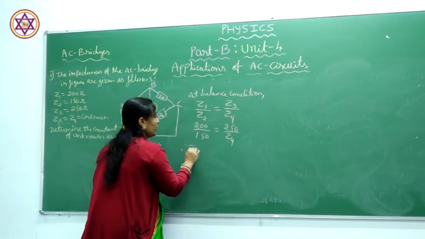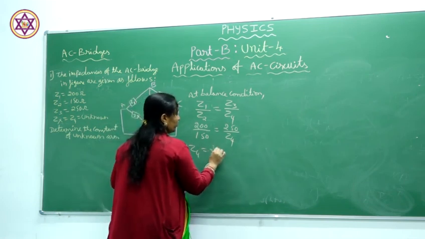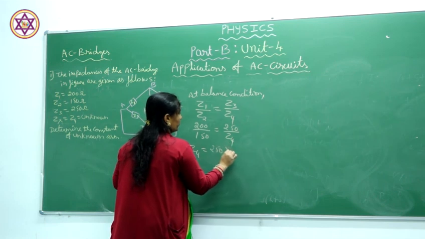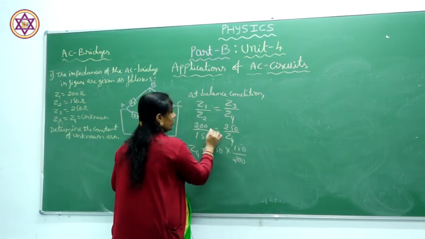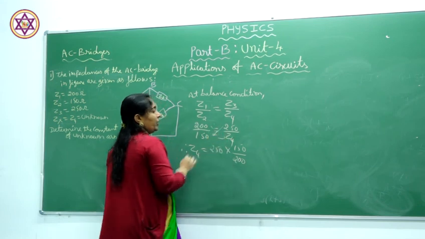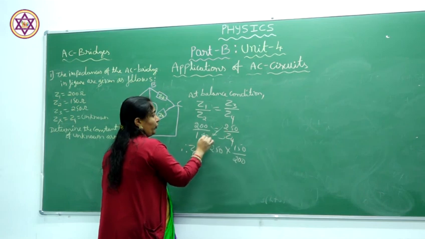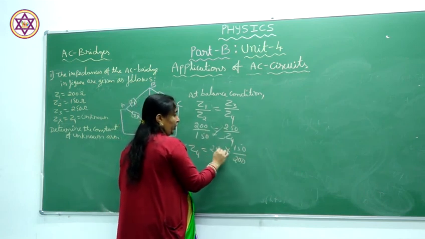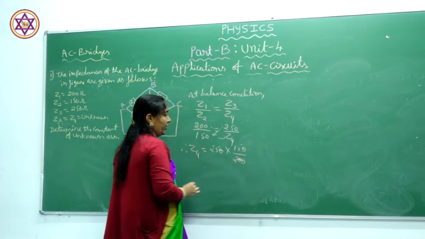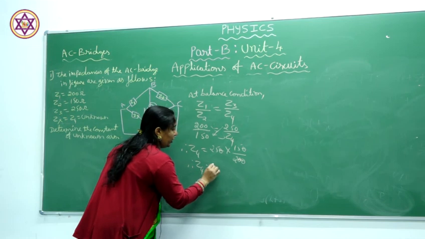So, Z4 should be equal to, just rearrange the terms. We have to calculate Z4. Therefore, 250 into 150 divided by 200. 100 get cancels. If we simplify, we get Z4 is equal to